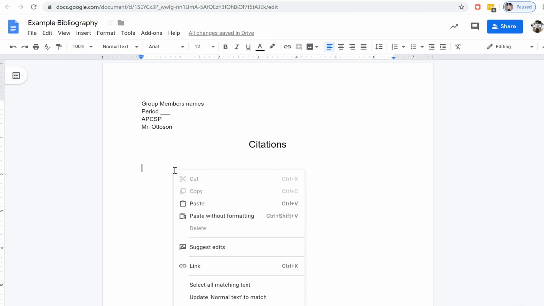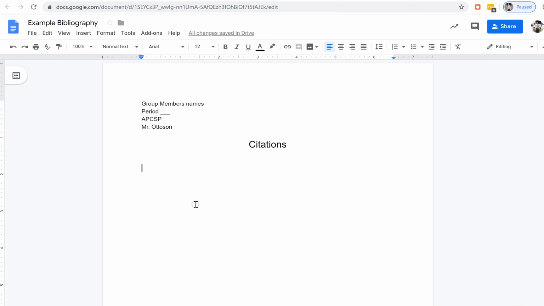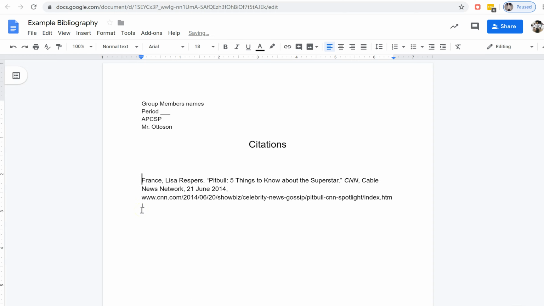So let's see what happens. I'm going to paste, and if I hit backspace, it brings it over. This is going to be my first source, so let me label it as, oops, that's too big, number 1. Alright, so I've got this as number 1, and the proper way to put a bibliography on a page is